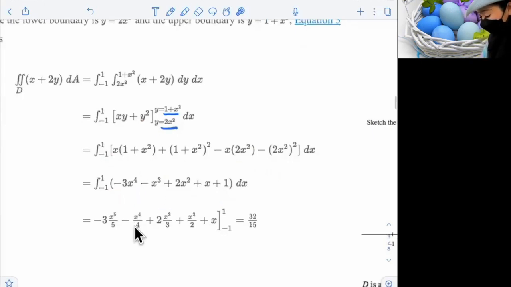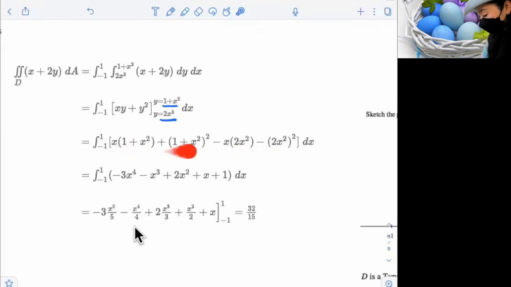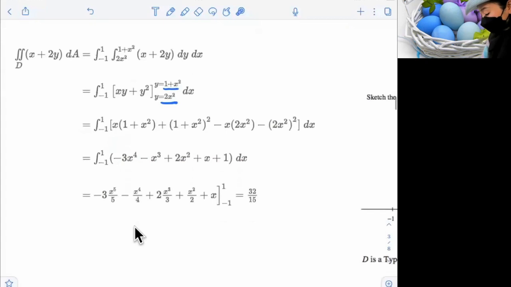And then after that, you want to simplify it as far as possible. And then you find the antiderivative again, which is just a regular single integral. We know what to do by antiderivative, and then you will get the result. Okay, so I think the most important part here is you know how to set up